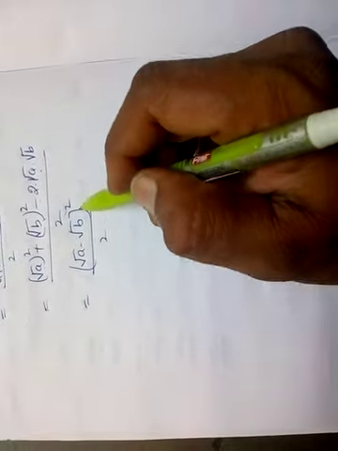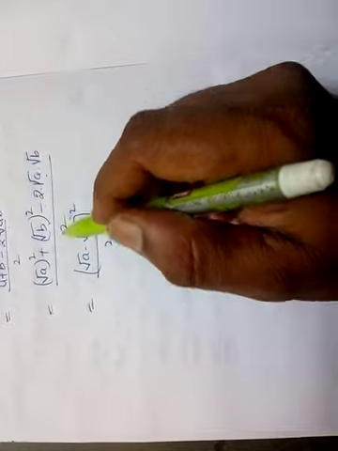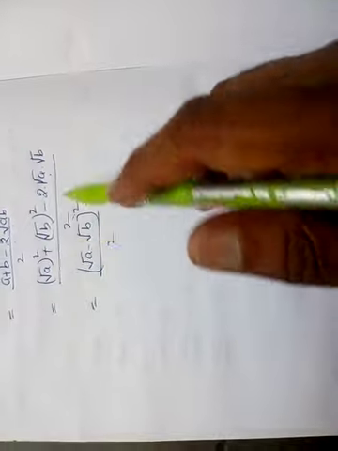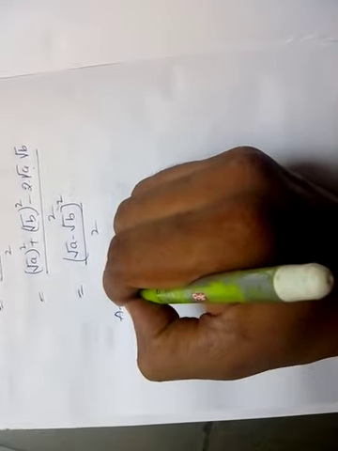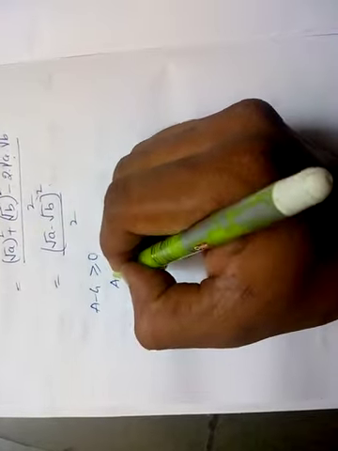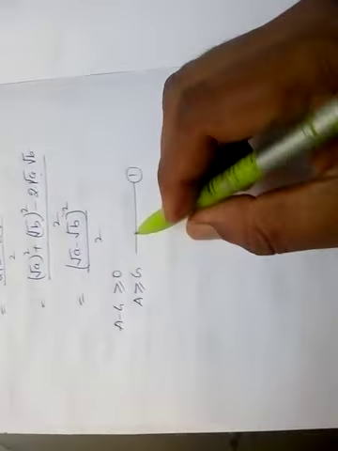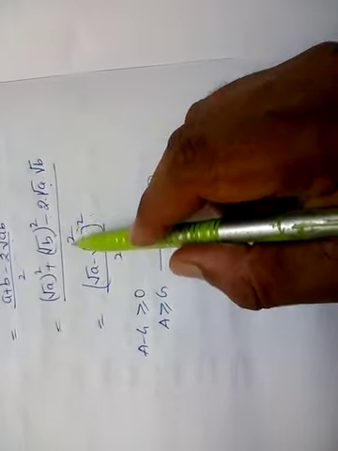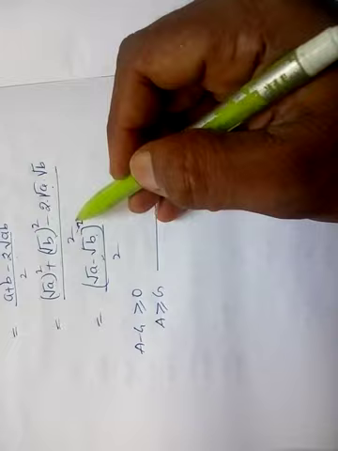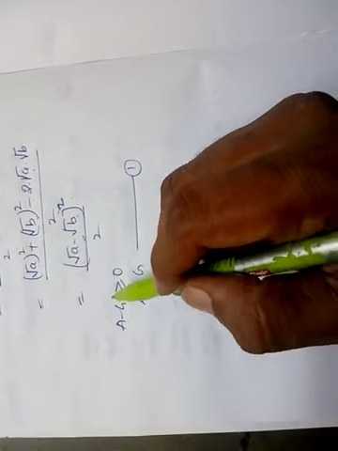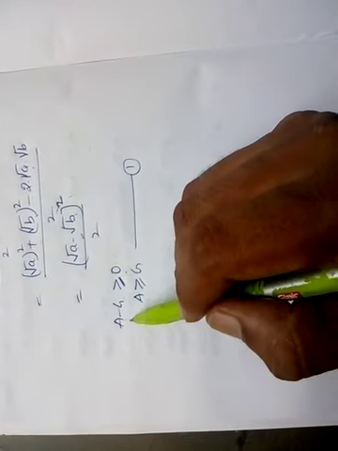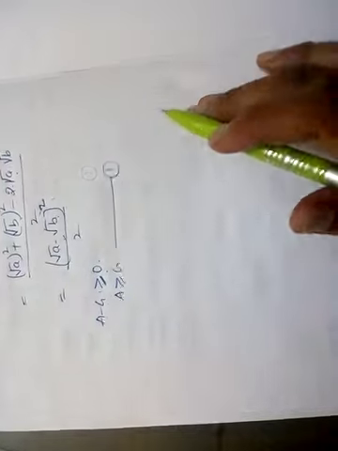Now observe here, a square is there. So if you take any values of A and B, this total result is positive only. So we get A minus G greater than or equal to 0. So from this one, A greater than or equal to G. Why? Because here a square is there. If this is negative, the square of a negative term is positive. So that's why A minus G is greater than or equal to 0. If A and B both are equal, we get 0. So from this one, A greater than or equal to G.